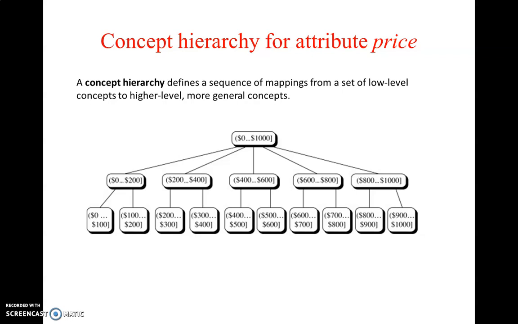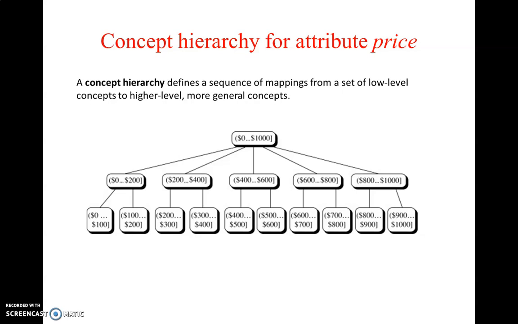For example, concept hierarchies are mostly used to reduce data by replacing low-level concepts. Say we have age as an attribute. Age is your low-level concept, which is reduced to high-level concepts like young, middle-aged or senior. These are the high-level concepts. So age, which is low level, is being reduced to a high-level concept. This is one example, of age.